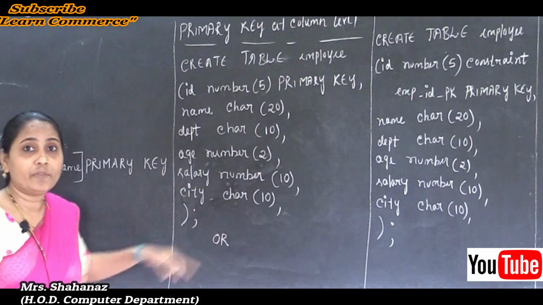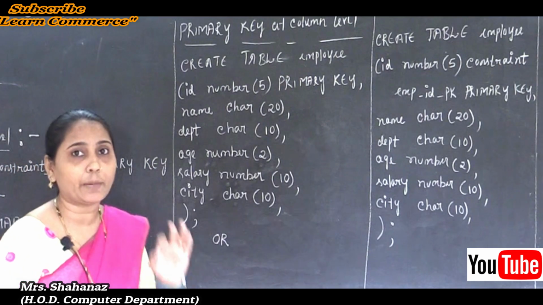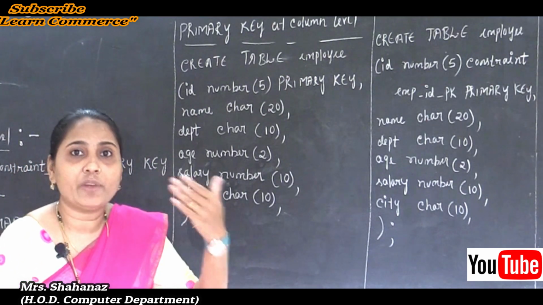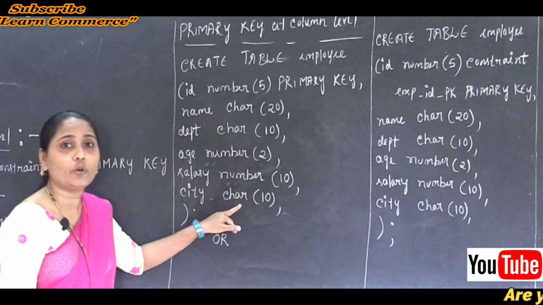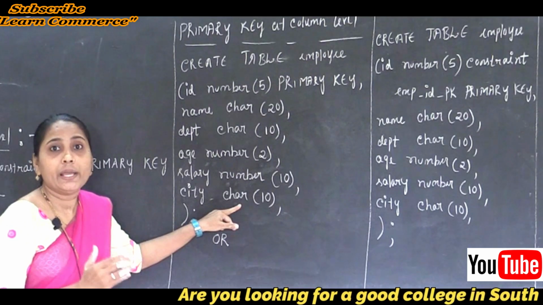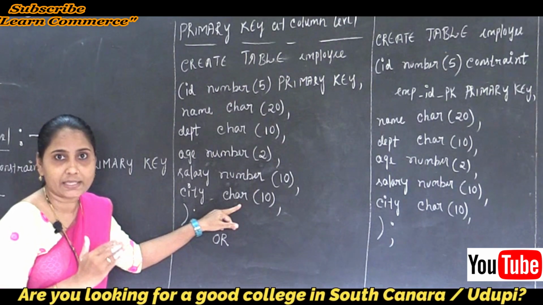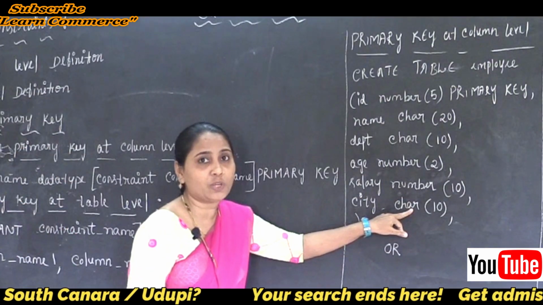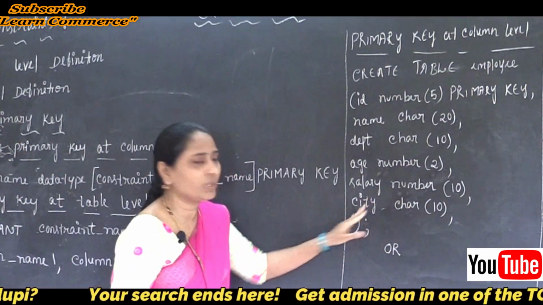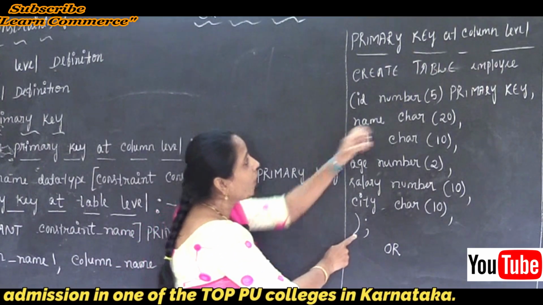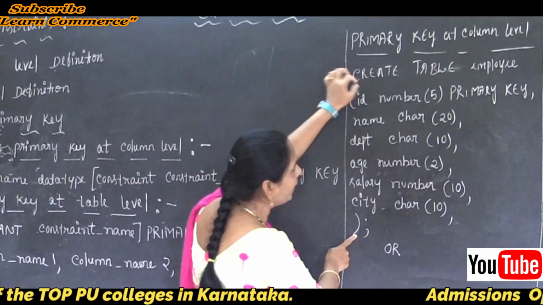Clear this one? When you are using the char, it accepts only one character, and when you are using the varchar, it is going to accept letters in a group manner. But in the case of the city, it accepts only one character. So this is just one simple example for our primary key.